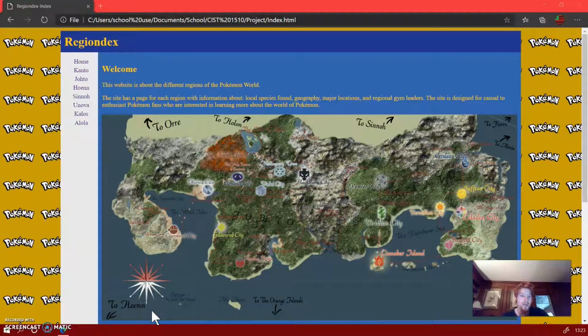My site Regiondex is about the different regions of the Pokemon world. I created this site to give Pokenerds more information on the 7 major regions of the Pokemon world. Regiondex is for anyone who wants to learn more about the Pokeverse. I made Regiondex because of the lack of consolidated information